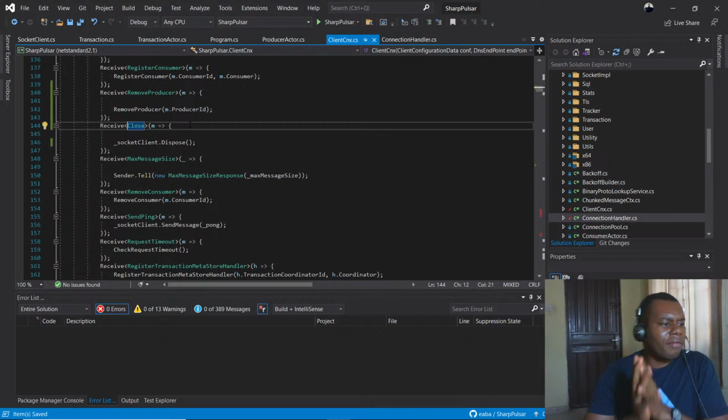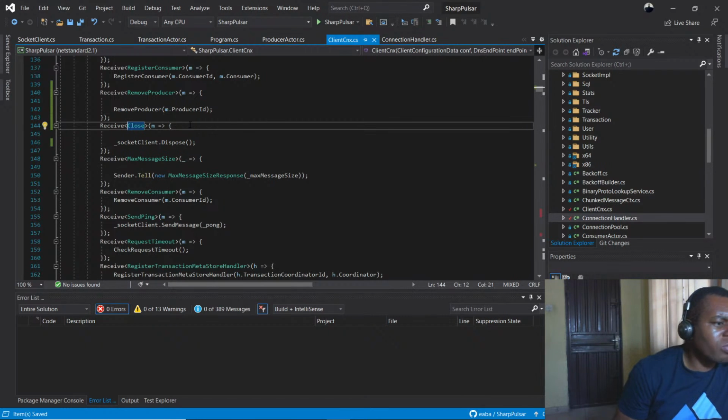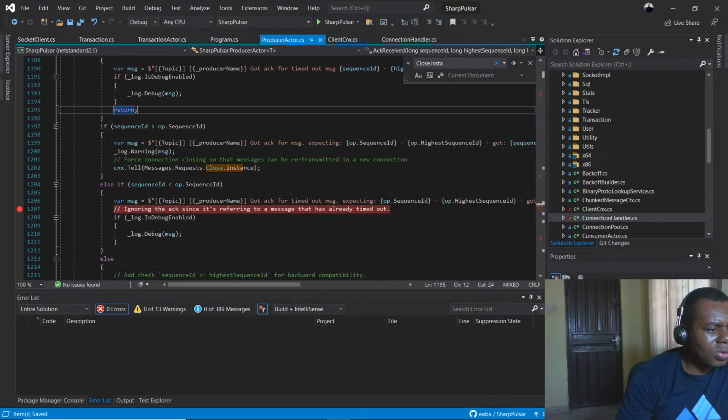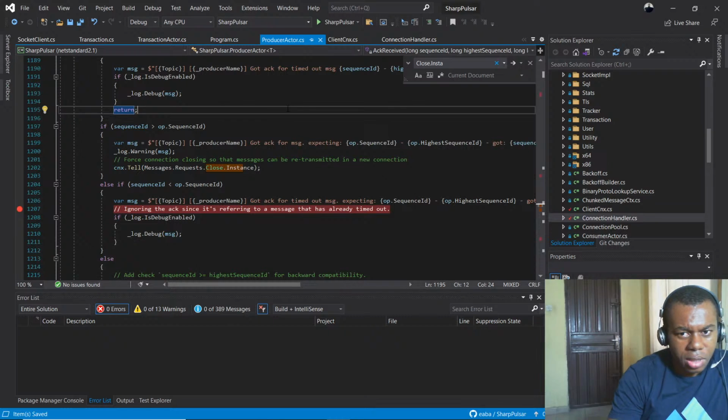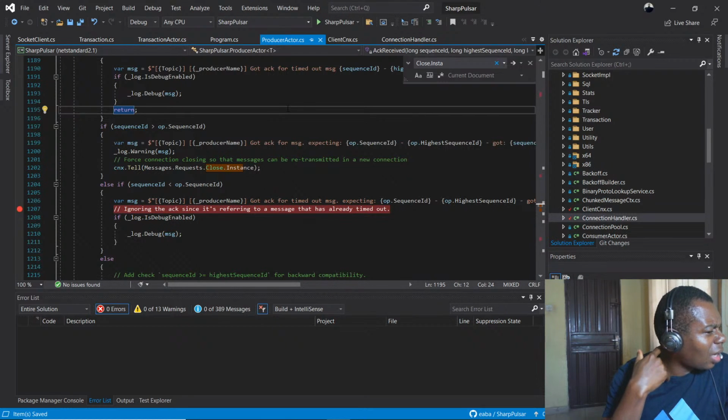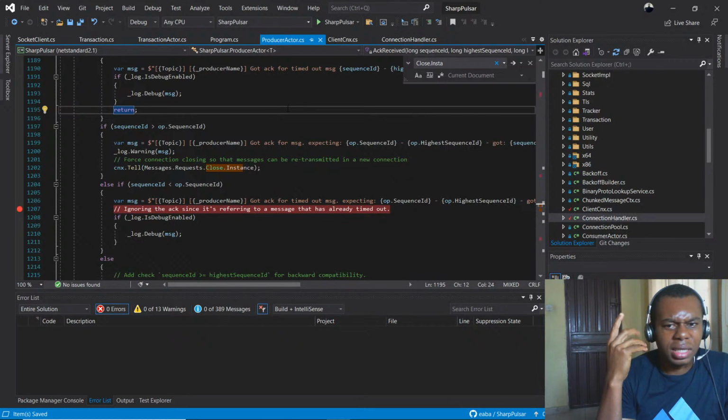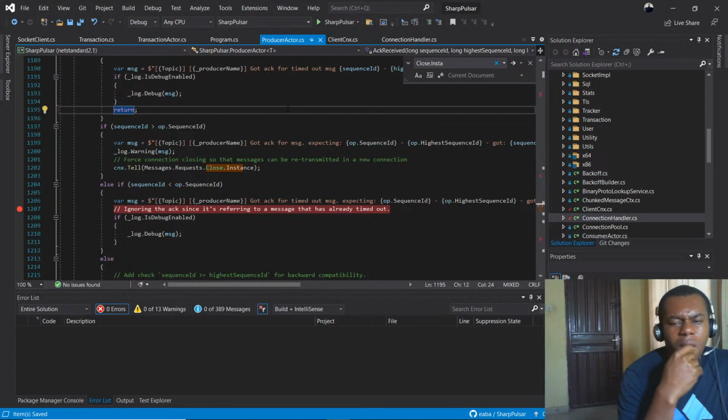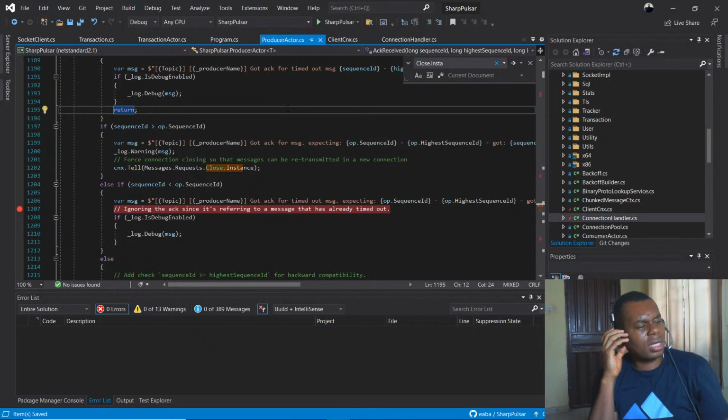So I'm done with everything that has to do with the client. Now I want to move ahead and once again look at the producer, because I want to round up the producer today. After this, I look at the partition producer. I don't think there's anything that needs to be changed that much. But like what I was saying yesterday was how do I